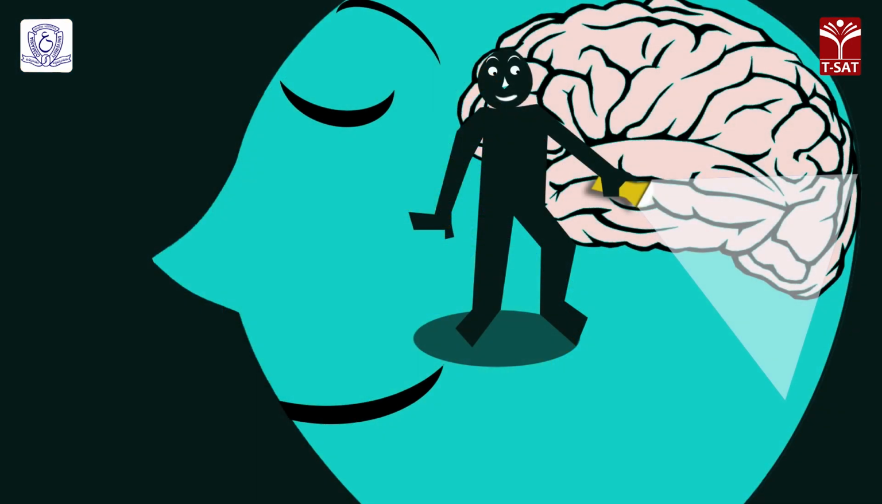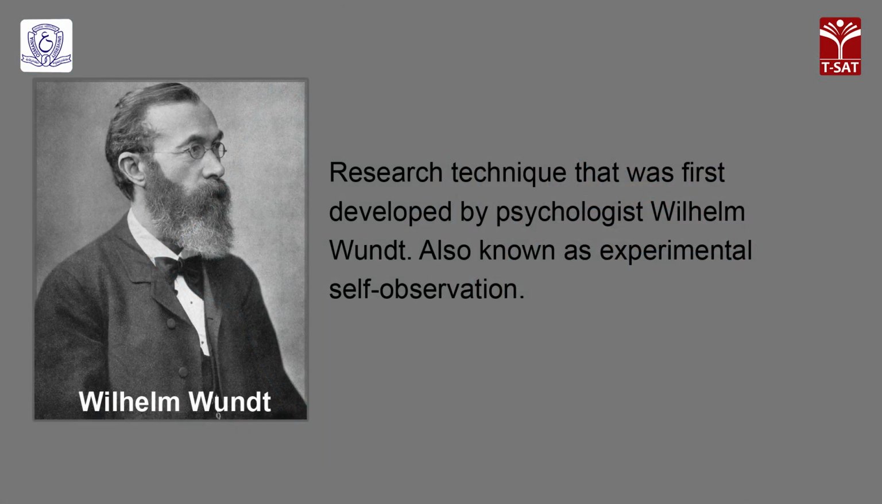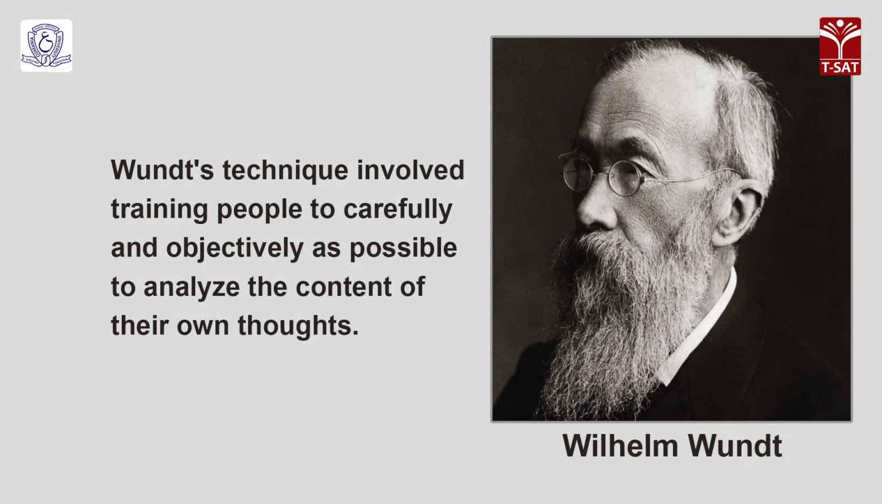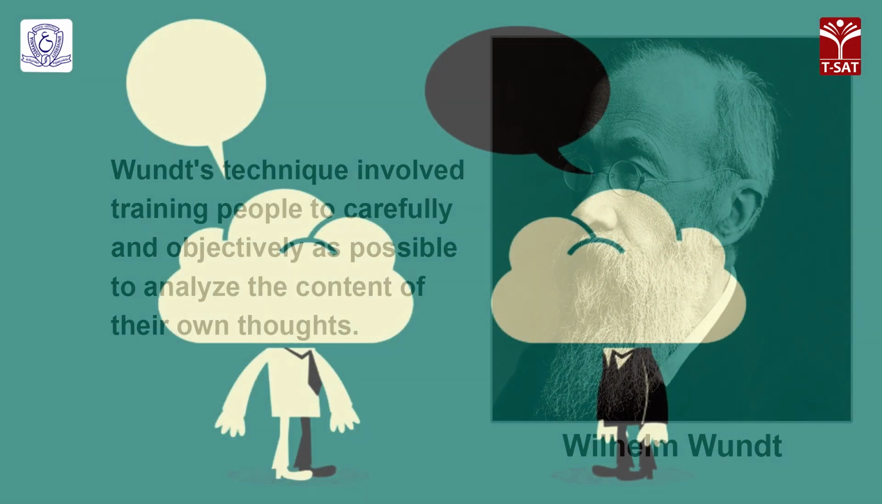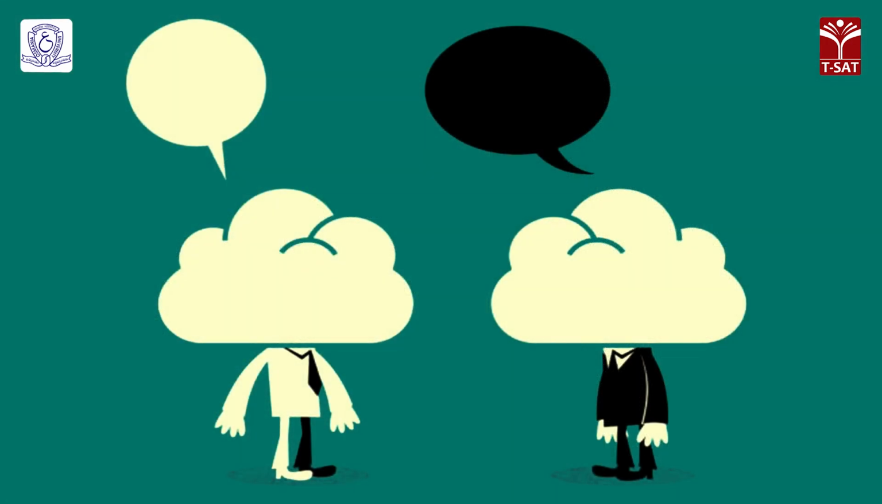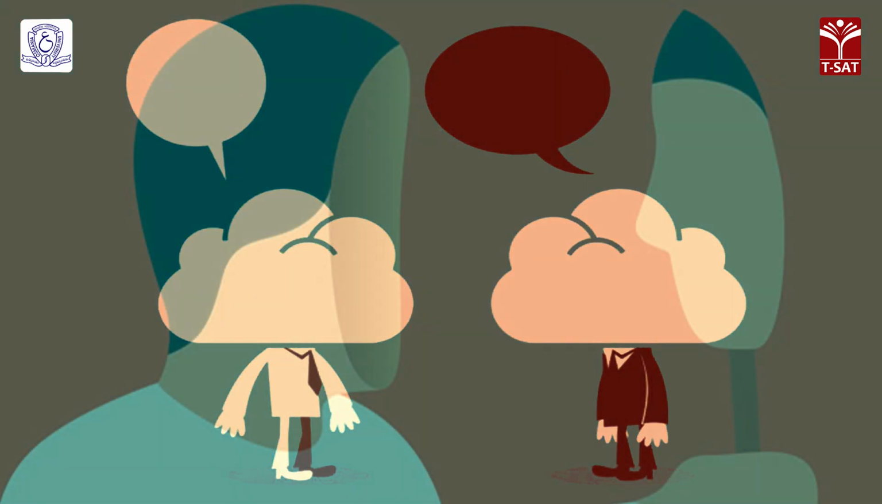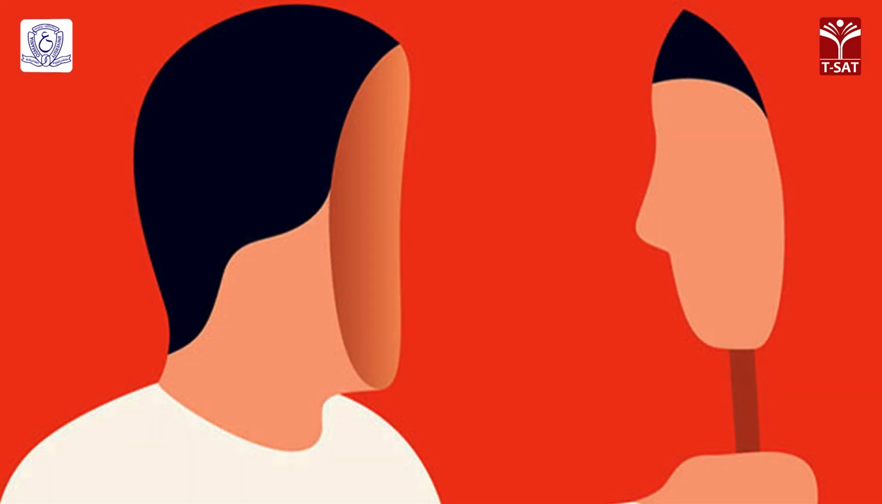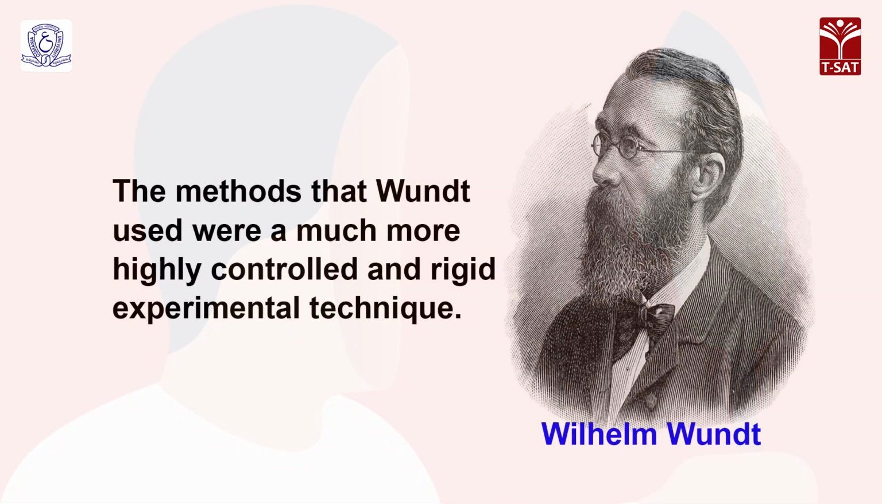As a research technique, the term introspection is also used to describe a research technique that was first developed by the psychologist William Wundt, also known as experimental self-observation. Wundt's technique involved training people to analyze the content of their own thoughts as carefully and objectively as possible. Some historians suggest that introspection is not the most accurate term to refer to the methods that Wundt utilized. Introspection implies a level of armchair soul searching, but the methods that Wundt used were a much more highly controlled